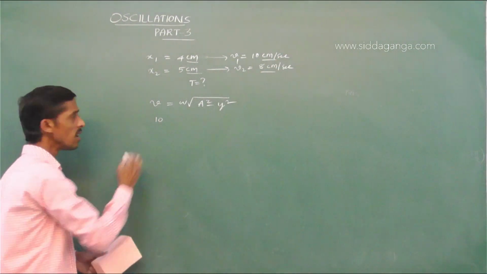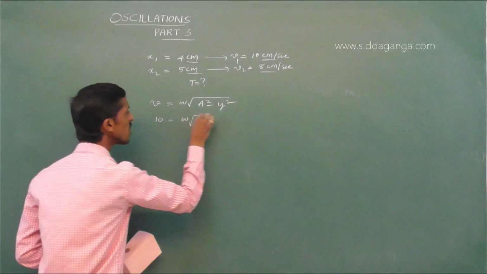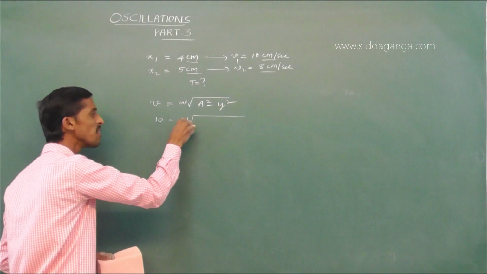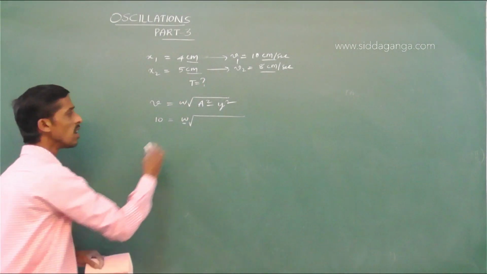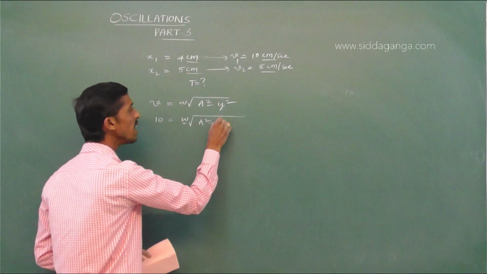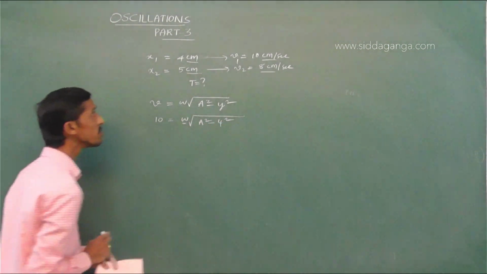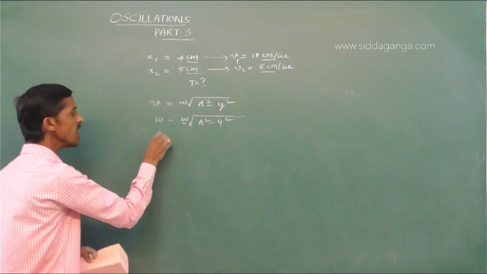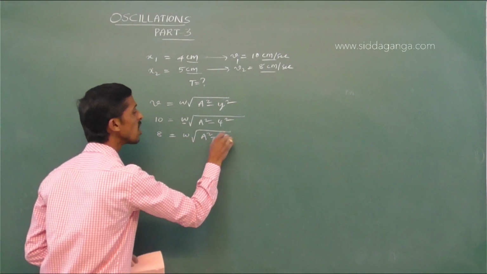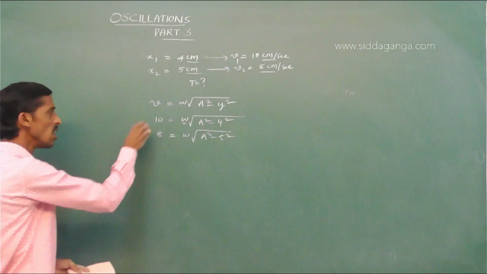So 10 is omega into root of A square minus 4 square, because angular frequency we don't know and amplitude is also not given. And 8 centimeter per second when it is at 5 centimeter. By using these two,